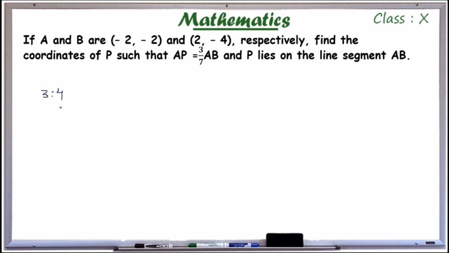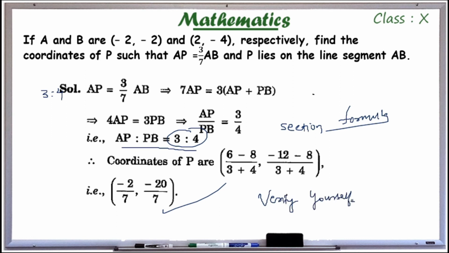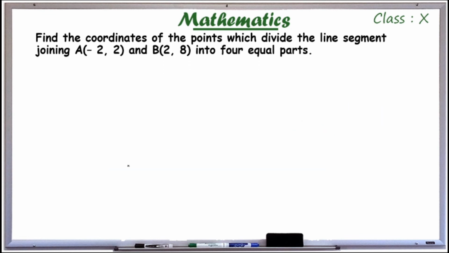This is the ratio. Now what is the section formula? All of you write your section formula in the paper. So the ratio I got is 3:4, and using the section formula, m1 x2 plus m2 x1 by m1 plus m2, I get these 2 points. So verify this yourself. You have to find the section formula and verify whether this answer is right or wrong. And coming to the next question,